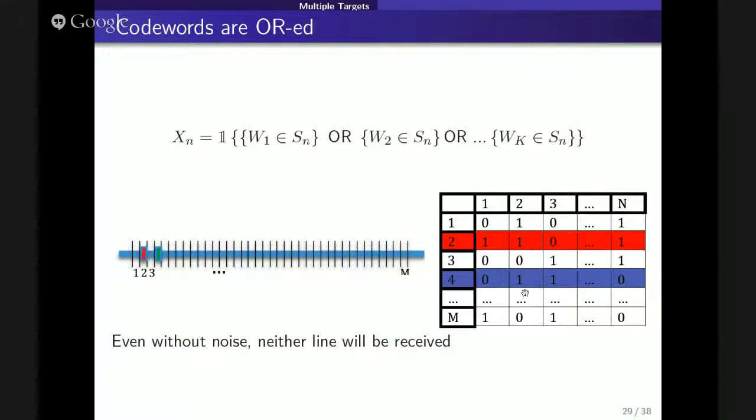Here I point at both of them, I will see one, and here I point at just the second target, and I will still see one. So what I'm getting in the output is the OR of these lines which correspond to the targets. So now the decoder will see an OR of two rows, and it will have to figure out which two rows took place in order to detect the targets. And again, this is the basic problem of the noise, and the design of this code book. I mean, there are many papers on group testing doing exactly this. But we have noise.